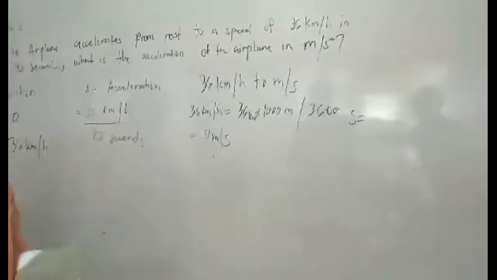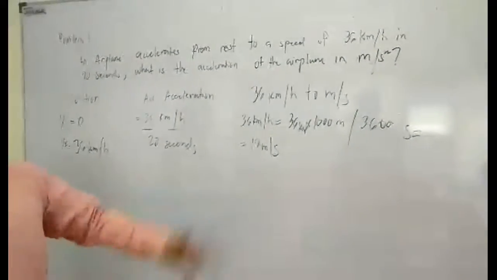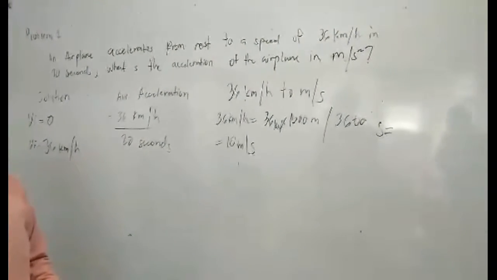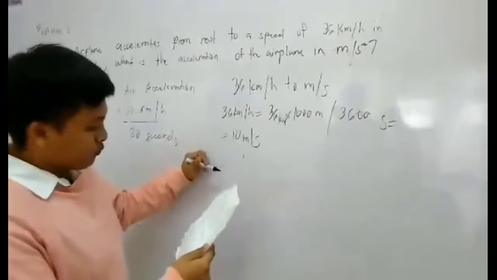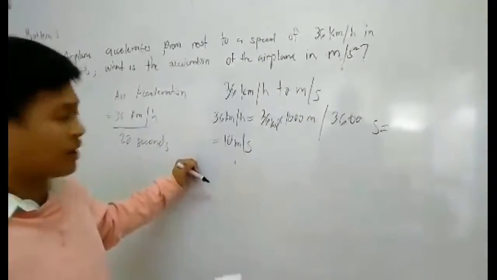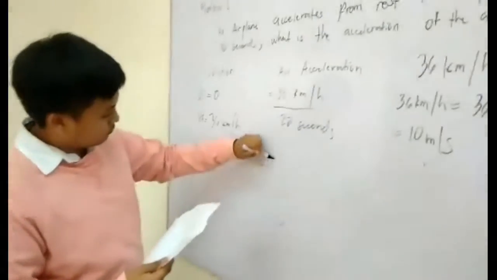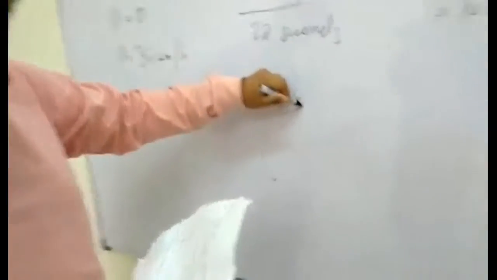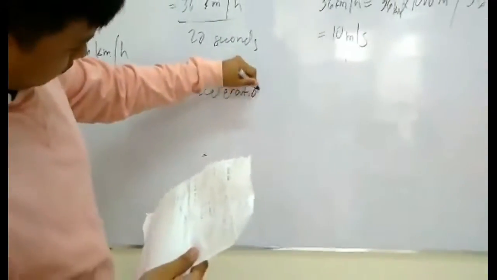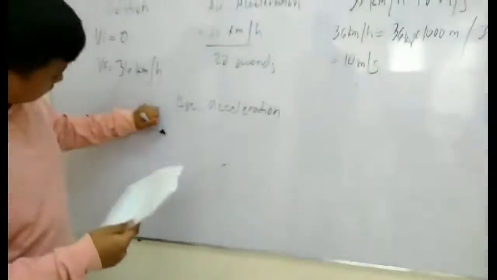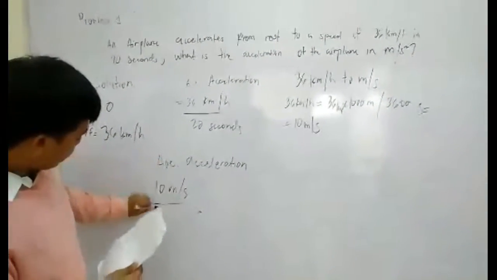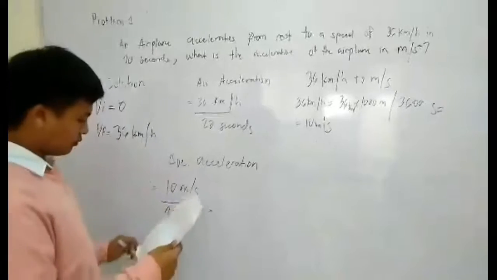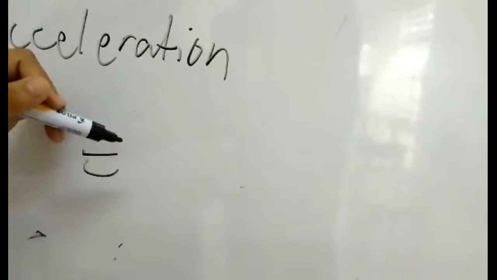Next, we get the 10 meters per second from the 36 kilometers per hour, and then we compute the average acceleration. Meters per second over 20 seconds. The answer is